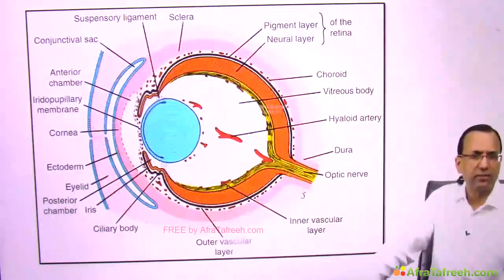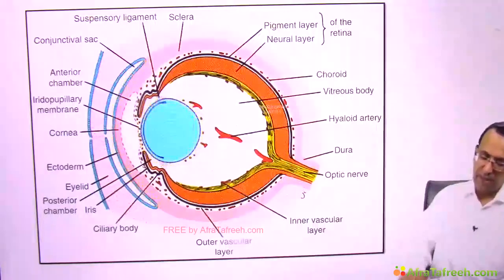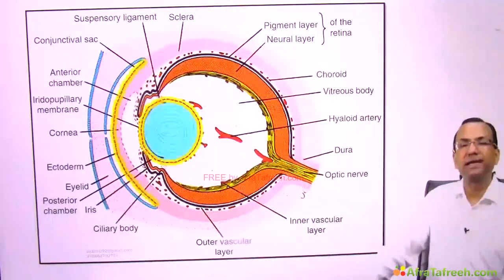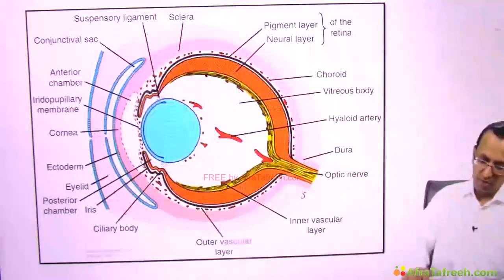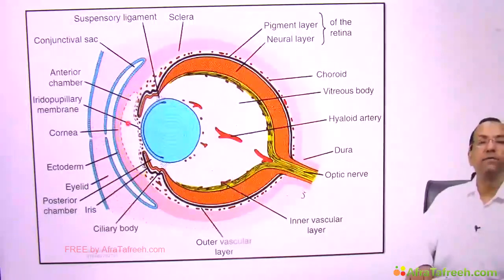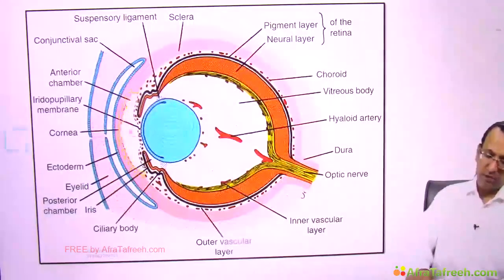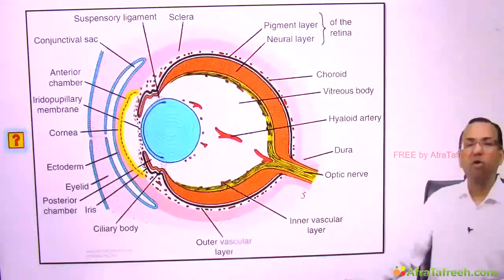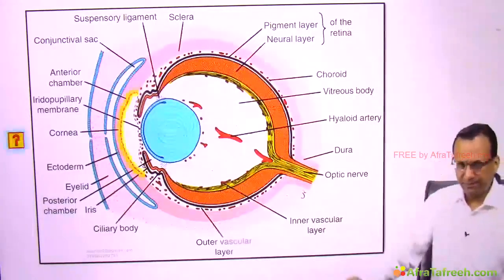And what about the surface ectoderm? Surface ectoderm will form the eye lens and first layer of cornea. So first layer of cornea and eye lens is from surface ectoderm, that blue color thing. And what about the rest of the cornea? Say corneal endothelium, 5th layer, is a question. If you say corneal endothelium 5th layer is a question, any layer of cornea actually is from neural crest cell